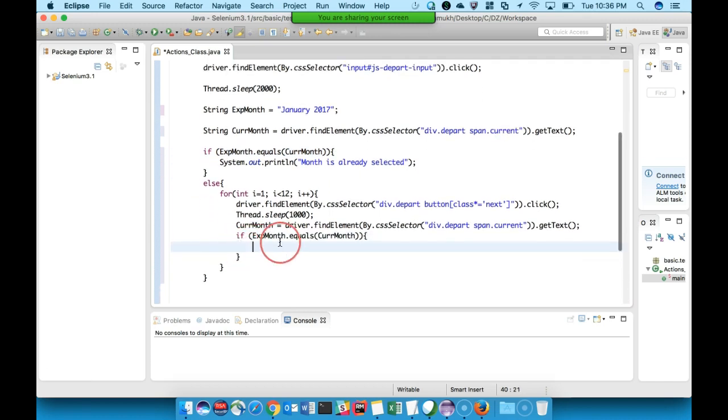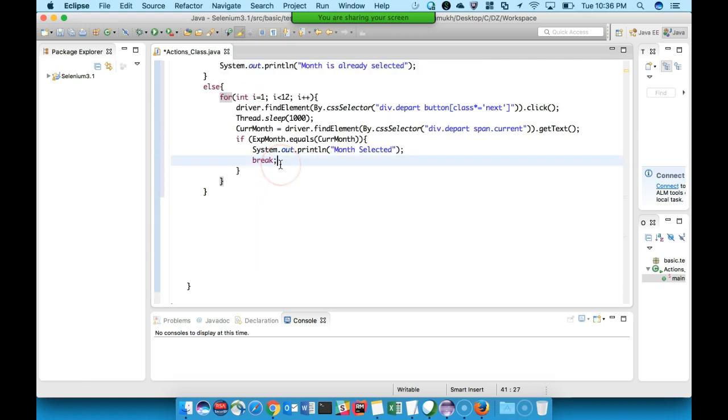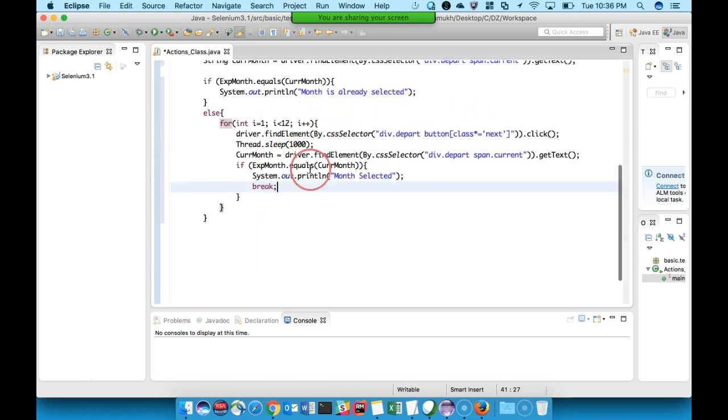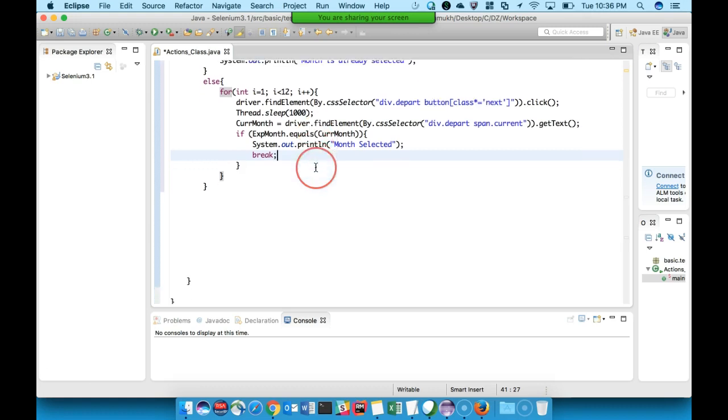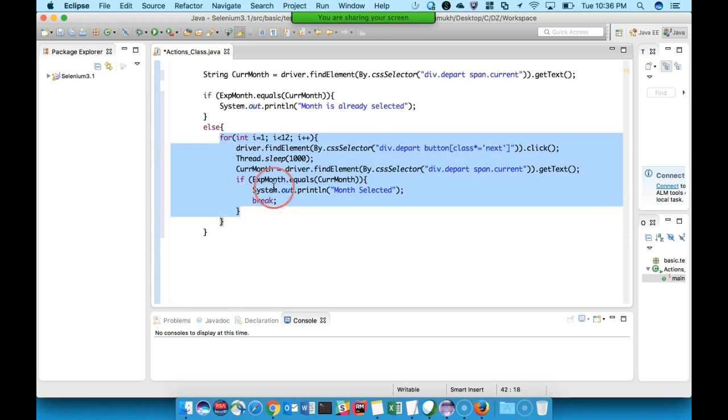So if expected month now becomes equal to the current month, then we can display a message "month selected" and break out of the loop because we do not need to select the next button again to go anywhere because we already got, and this particular code will select the actual month whatever we want over there.